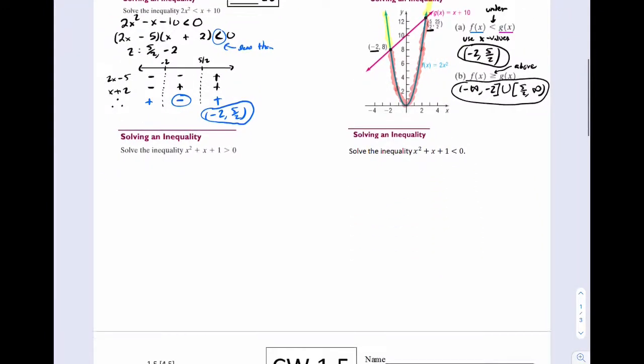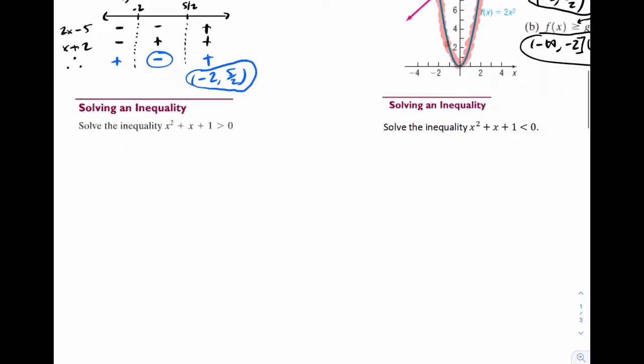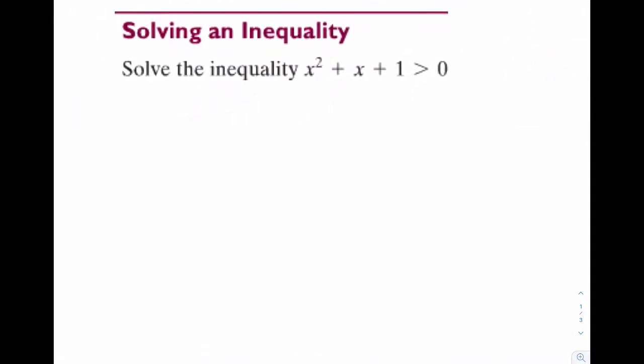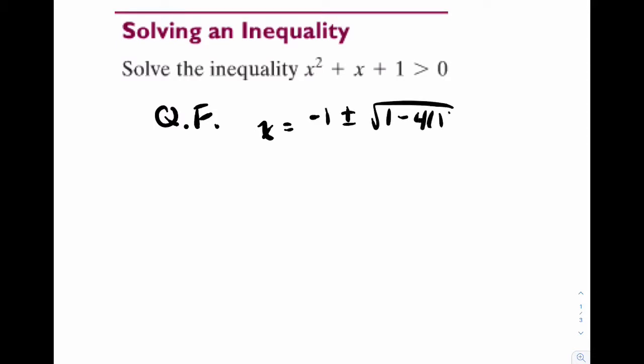Okay, here's our last example. So don't worry, this is the same thing, just sign switched. So this one's pretty fast. Solve this inequality. So your first instinct is going to be to factor, but notice how if you try to factor, this is not going to work. So in the event you can't factor, that means something fishy is happening. What we're going to do is go to the quadratic formula. And we're going to see if something happens. So x equals opposite b, negative 1 plus minus the square root of b squared minus 4ac